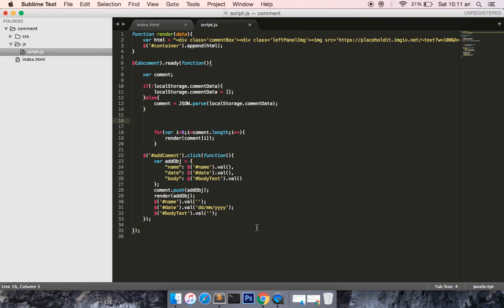The only part is that now when you are adding the object, you have to store it in the local storage commonData property. To do that, you have already used comment.push. Now what you can do is use localStorage.commonData, which is equal to